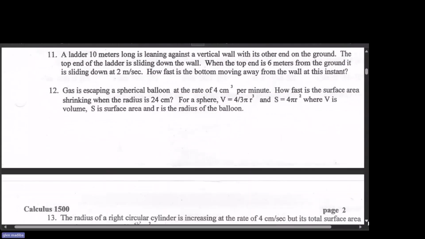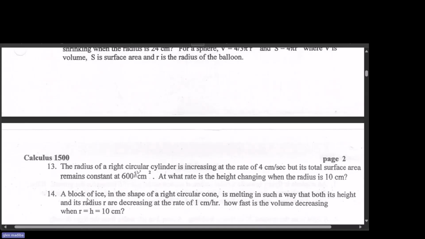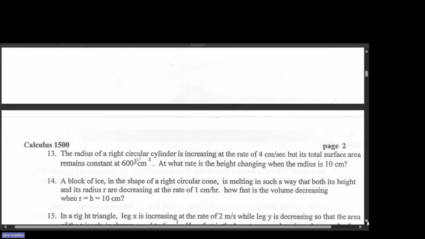We'll skip the next question. Then we'll go to question number 14. 14 is what we will look at. The reason I'm skipping 13 is because we have already dealt with many that are almost similar to number 13. Question 14 says,